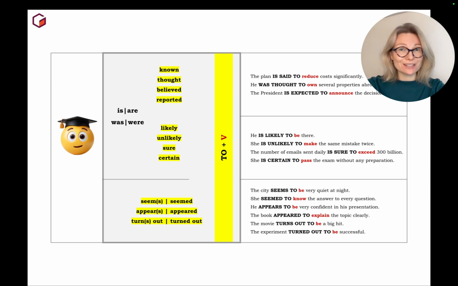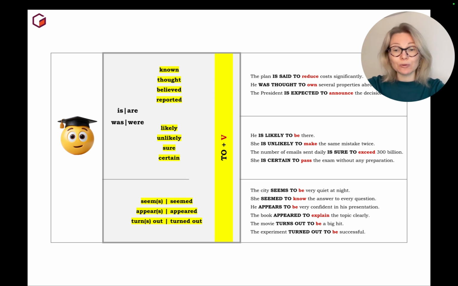You see, with appear, it's already more difficult because with seem, you can say I think or it seemed, yes, but it looked like that. But with appeared, it's already about the result. The book appeared to explain the topic clearly. So you need to add some extra information like I thought, or somebody thought, or it was thought that the book wouldn't explain or couldn't explain the topic clearly, but the book appeared to explain the topic clearly.